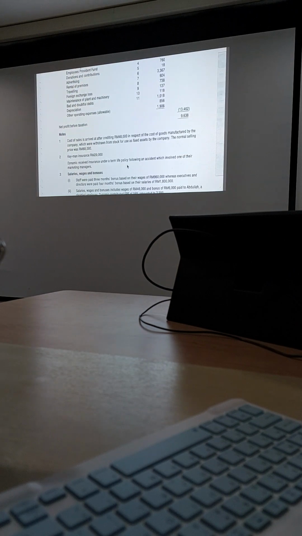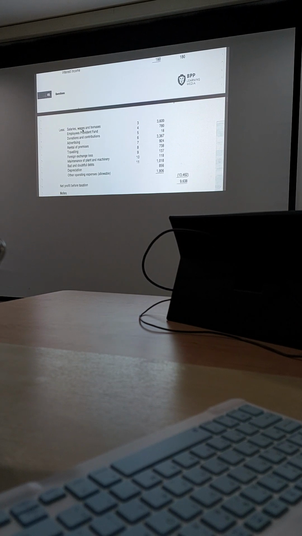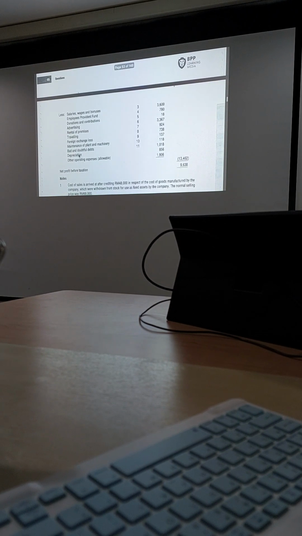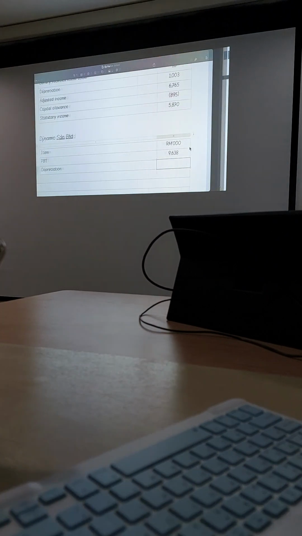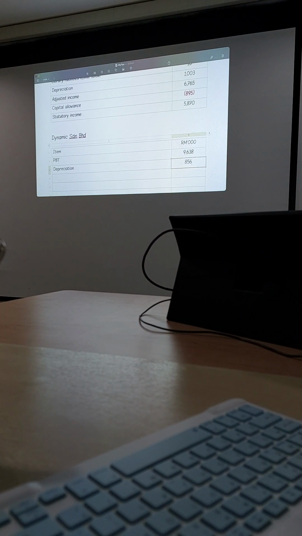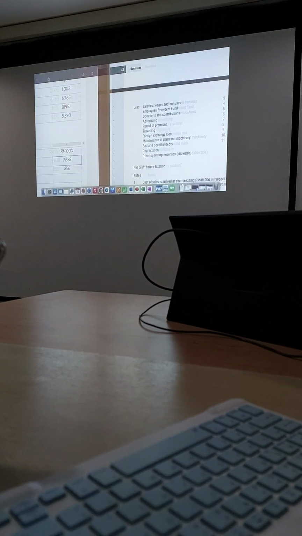Okay, we started first. Number 1. Okay lah, we cari the stupid thing first lah. Where's the stupid thing? Depreciation. We take out that stupid thing first. 856 tambah. Are you okay in this 856 tambah? Yes, no? Yes. No problem there, right? Okay. Now,